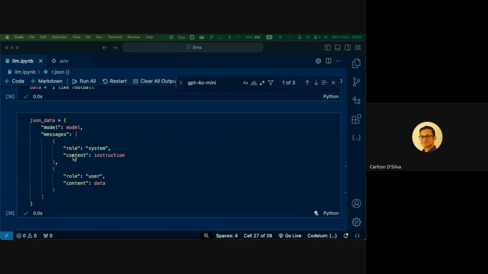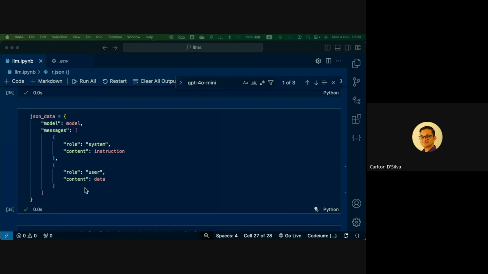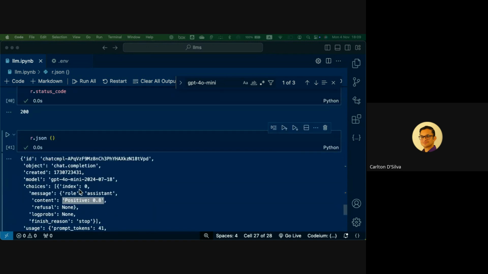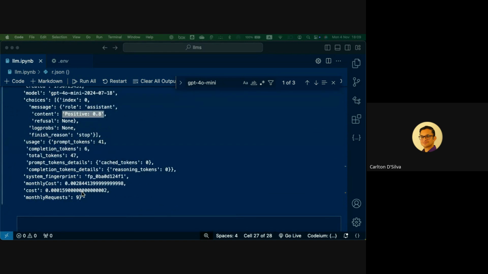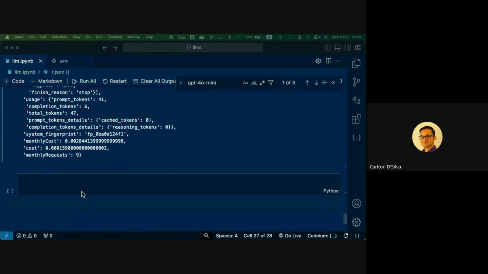You have to send it a model. And in messages, there are two items in a list. The first item is the instructions that you send to the system, and that will have two keys, role and content, and what it gets back, role as user and content. So this is how you send a basic request.